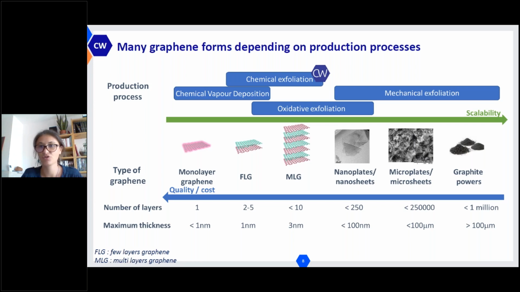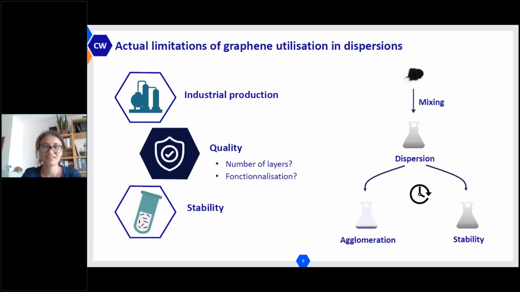According to the process of production, you will get either very thin graphene with few layers, or at the contrary, graphene with many layers, and according to all these particularities, you will get different properties. And this has an impact on the application you want to use it for. For example, for the anti-corrosion application,